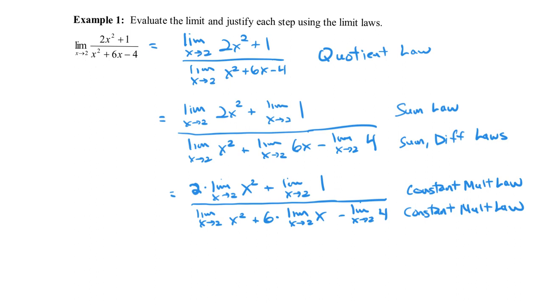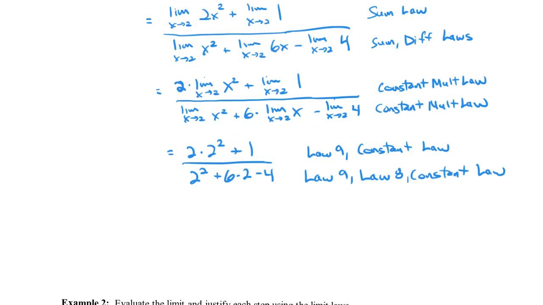Now at this point, we're ready to start evaluating some of these limits. So we can use law 9 to plug in the 2 here. This is just a constant law right here. The limit as x approaches 2 of 1 is just 1. And over here, we use law 9. Over here, we've got law 8, and then the constant law. So I can basically start to evaluate. So once we plug these in, I wrote down the laws that we used here, but now from this point